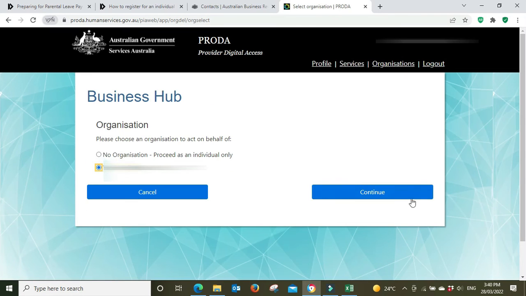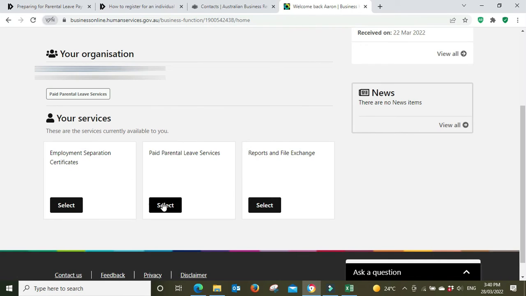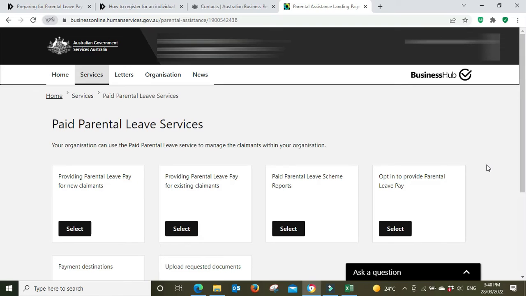You need to choose your organization, and you can go down and go into Paid Parental Leave Services. And then you can opt in to provide Parental Leave Pay. And there's also some other functionality here as well. Then once you've registered and opted in for Paid Parental Leave,